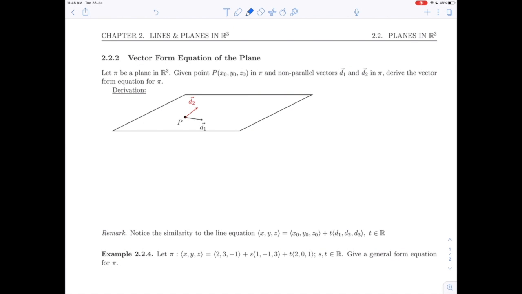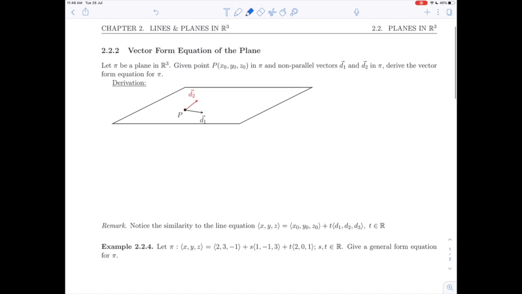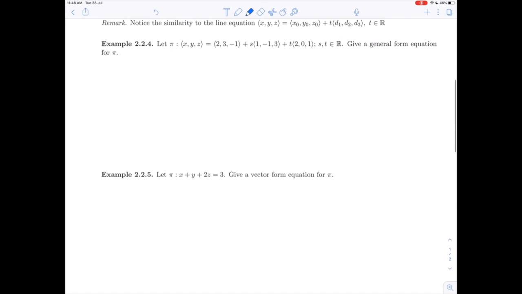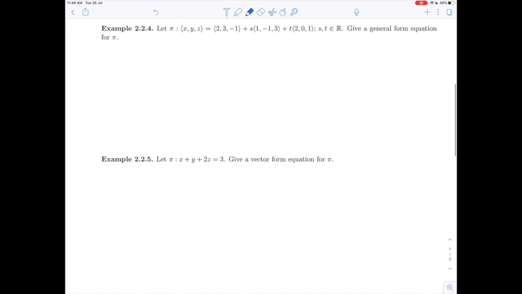Hello and welcome back. We are finishing section 2.2.2 about the vector form equation of the plane, and in this video we are going to do example 2.2.4 and example 2.2.5. So let's go ahead and start with example 2.2.4, and we're told that we have a plane pi which